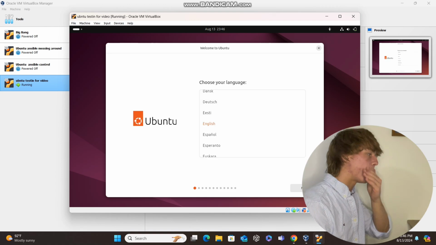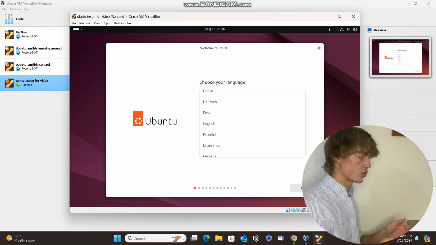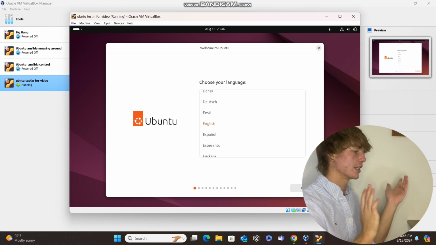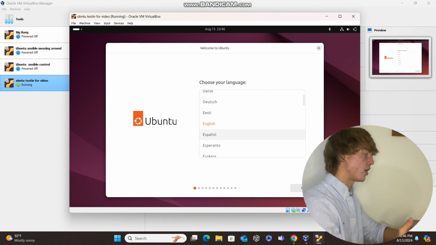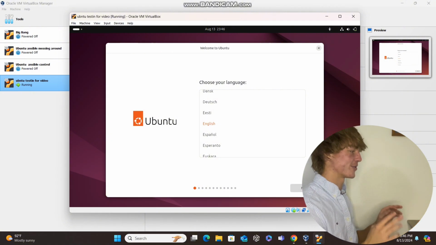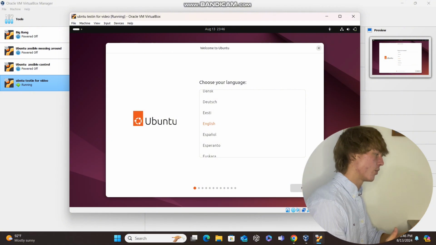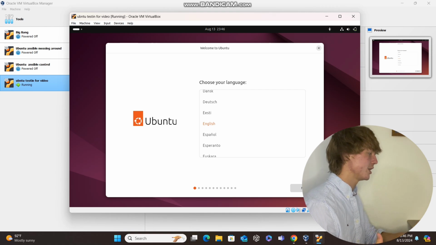All right, and this is called your graphical user interface. So this is the GUI. In old versions of Ubuntu and the ISO files, you didn't have this. So everything was command line. So this is really nice to have. We're gonna go English or whatever language you speak. We're gonna go next,